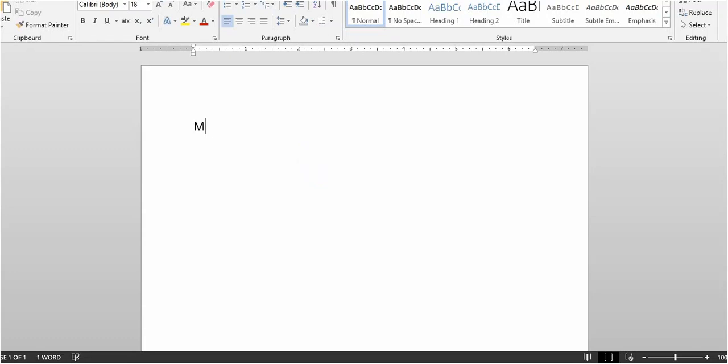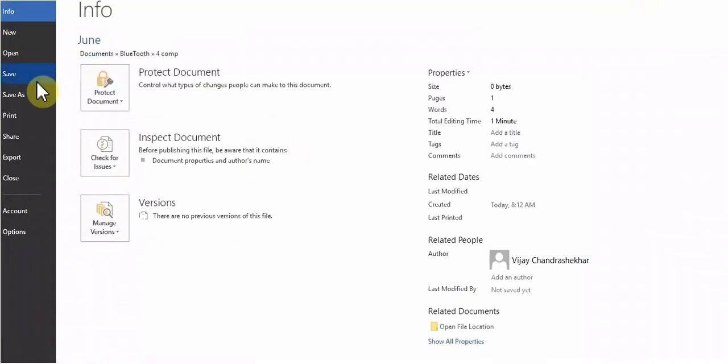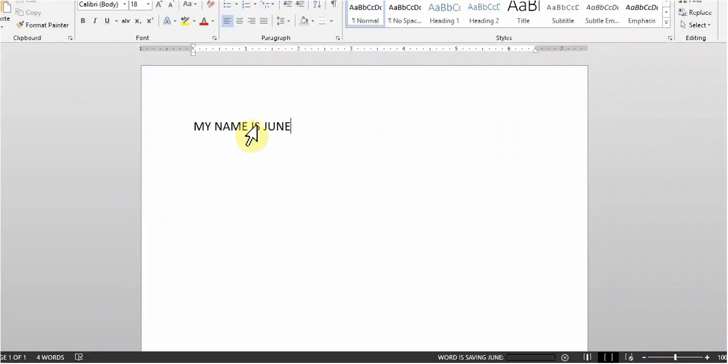You can see my name is June. I have written my name is June. Now how to save this file? We will click on file, and click on save. Now you can see my name is June is written.